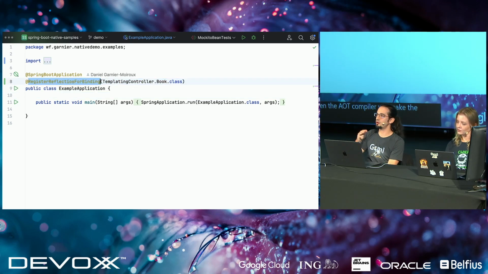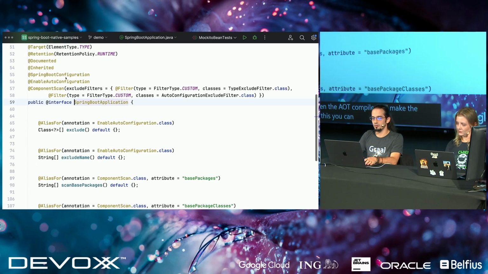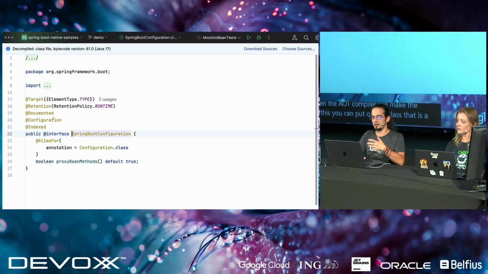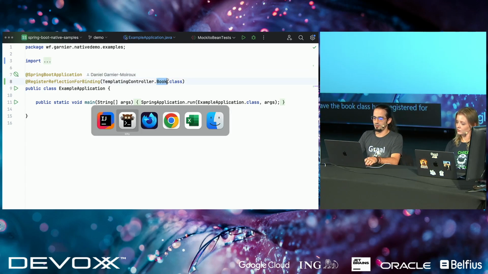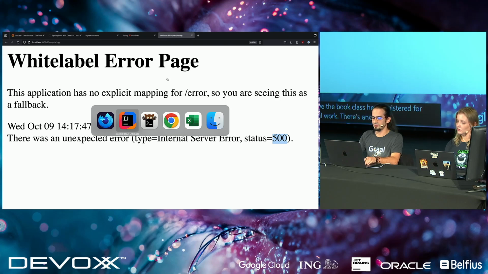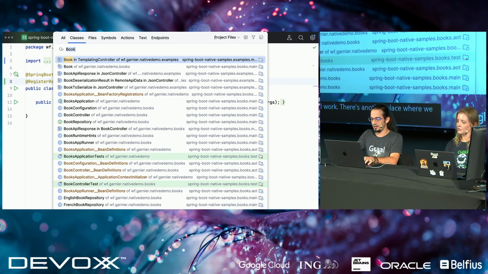And this you can put on any class that is a configuration class. The Spring Boot application, through meta annotation, is a configuration class, but you can put it anywhere. And by doing this, the next time I do a compilation, I'll have the Book class here registered for reflection, and it will work. There's another place where we have magic strings, where there's code in them, and there might